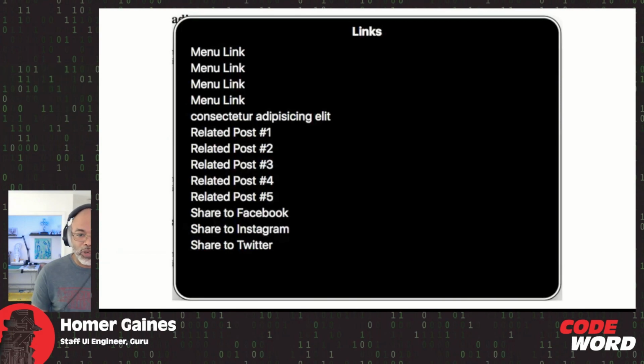This is an image of the rotary screen. It shows all of the links. It has menu link, menu link, menu link, menu link. We'll just stick with those four examples at the top. Four different links that have incorrect labels. They all have the same label, but don't tell the user what they are. All of our links should be unique in such a way that when someone is using assistive tech, void of all the other content, they are able to understand what link they're going to go to and what that link is supposed to provide for them.